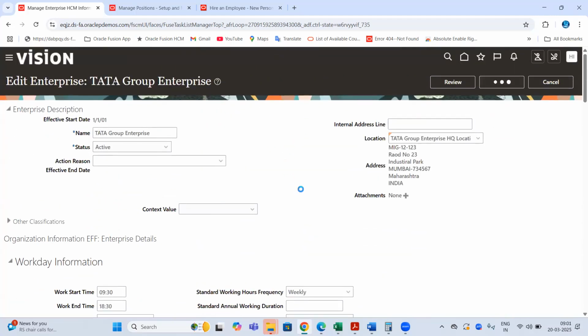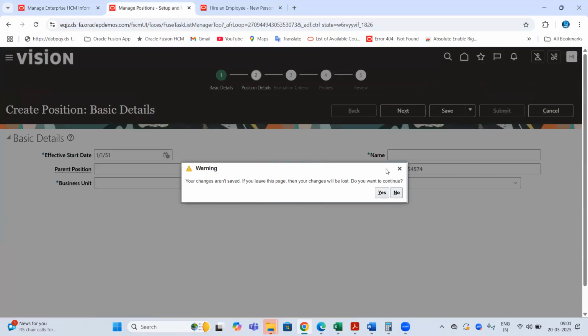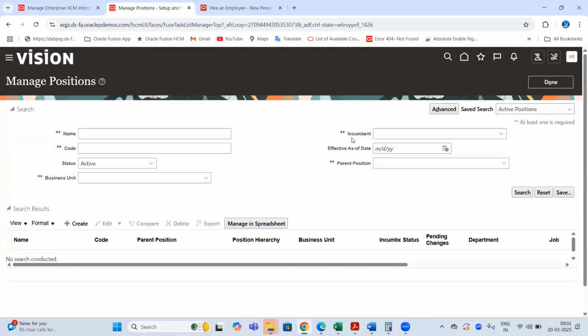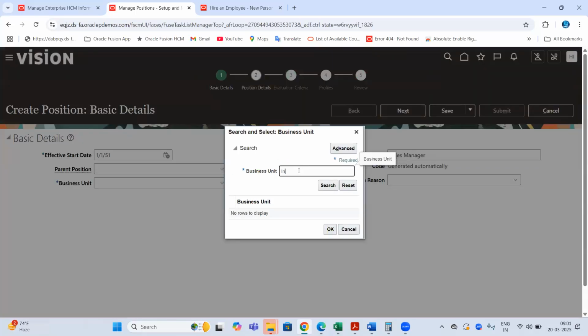Then submit. Okay. Now see here. Now come to position, the same configuration. Go back. Then perform, create position. Now see team, it changed to generated automatically. Okay. I will give some position name here, sales manager, and some existing business unit in this instance,